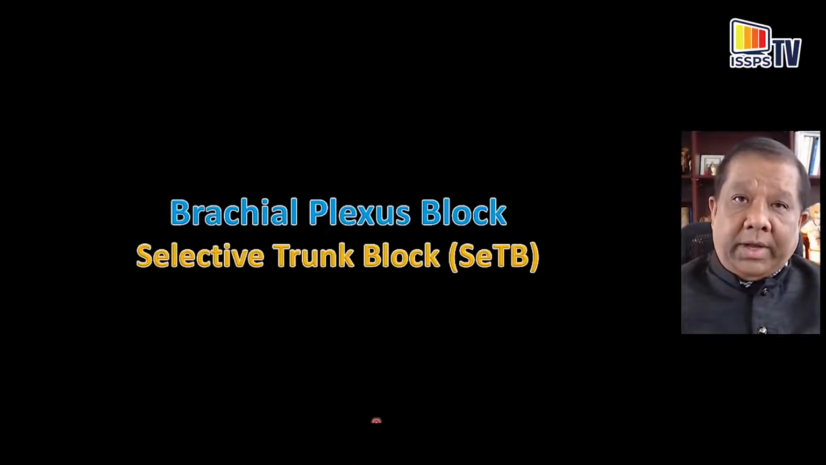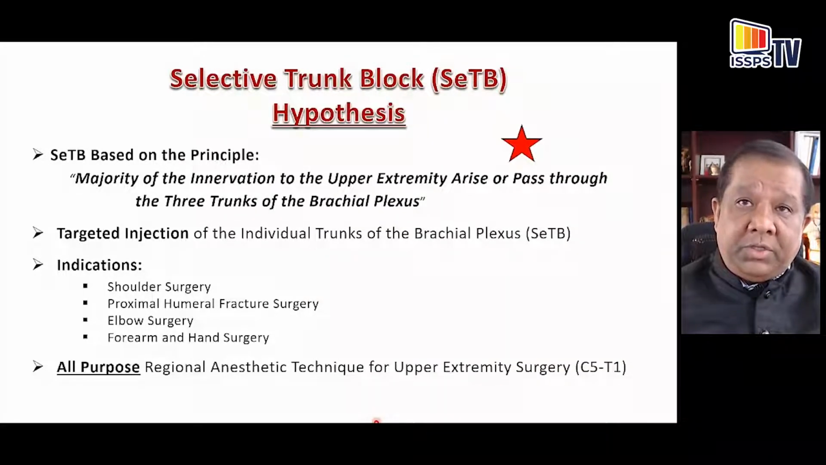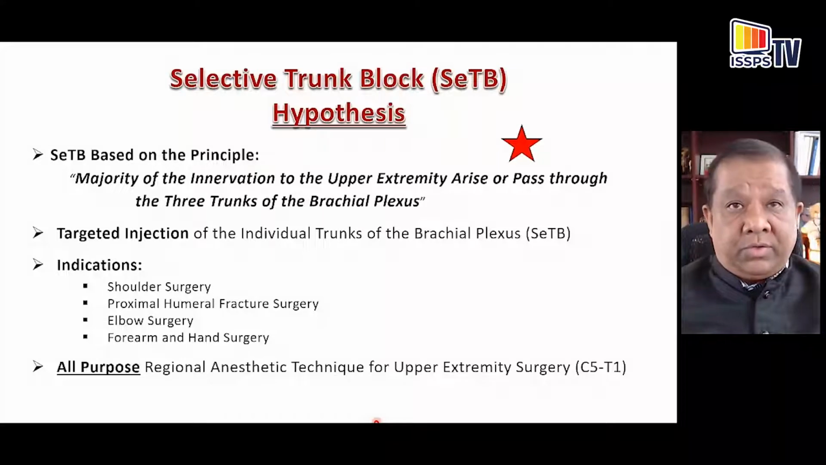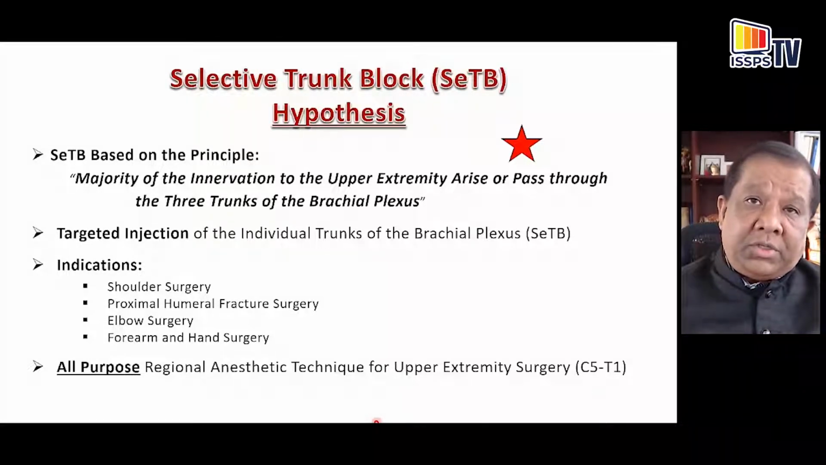So now let's take a look at selective trunk block based on these basic fundamentals. SeTB is based on the principle that the majority of the innervation to the upper extremity arises from or passes through the three trunks of the brachial plexus. Therefore, targeted injections of the individual trunks of the brachial plexus using small volumes of local anesthetic, we hypothesize, would produce surgical anesthesia of the entire upper extremity